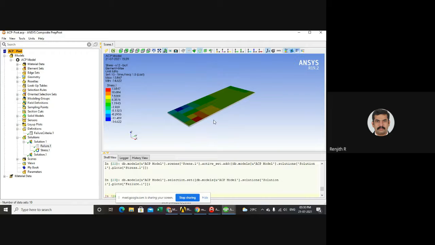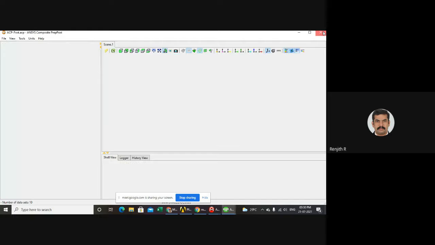But I don't recommend this POST processor because most of the time when we are doing research, we have to create our own failure criteria. That I will also explain. This is actually an easy method. If you're working in an industry, you can easily create this one. You can simply say this is okay, this is okay, this is not failed. But if you're doing academic research, you have to create the failure criteria manually because you will get a feel of how it is acting, where it is going to fail. All those things you can calculate. So I'll also show that.